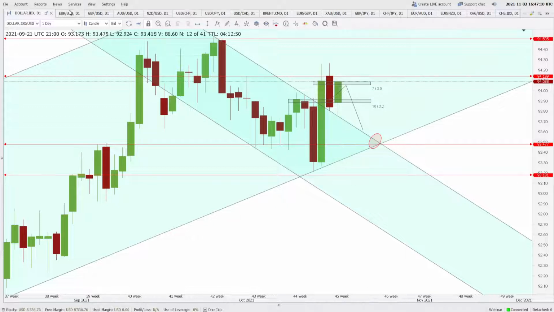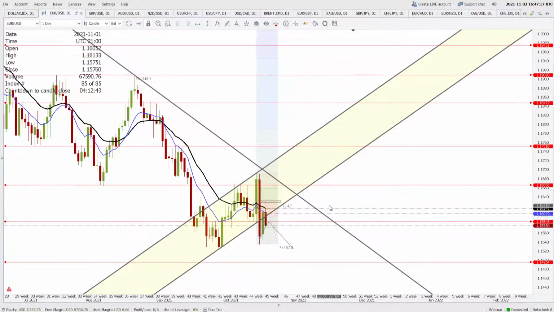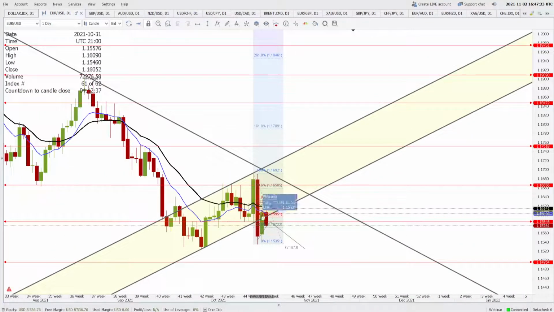So I want to quickly cover today's session because there's no point in talking about here and there. Okay, Euro USD. In Euro USD, we saw a closing below this rising channel, and we were expecting 1.1495 in this market. Although yesterday the price managed a closing above 1.1584, which I was expecting to act as a